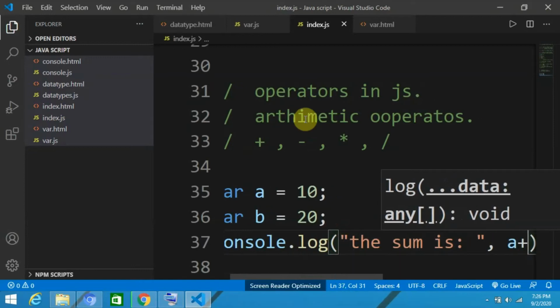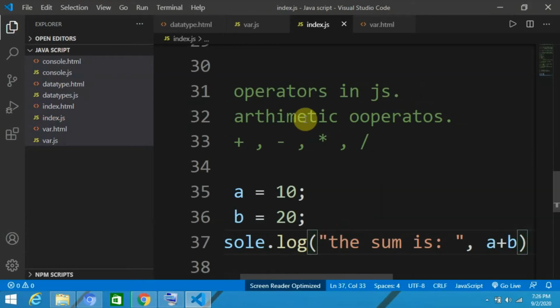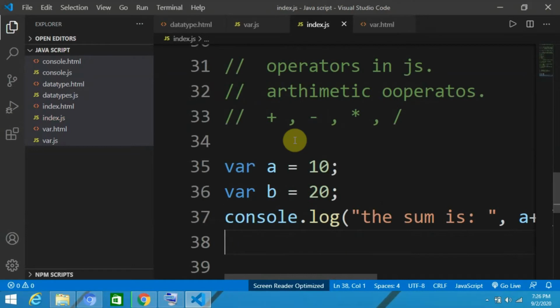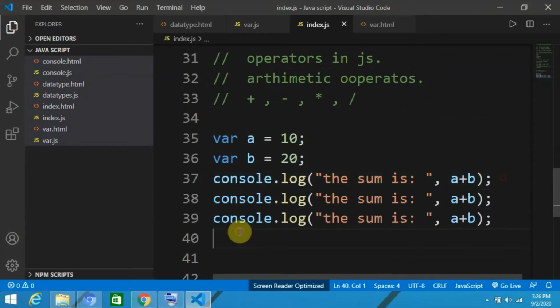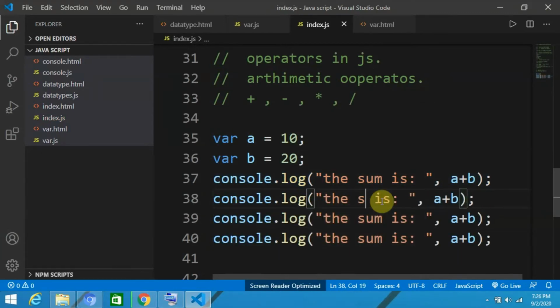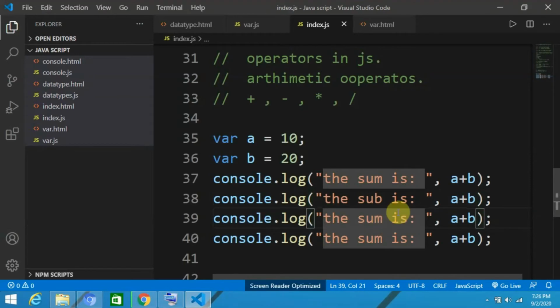Now a semicolon. I'm going to copy and paste it, so it will save us some time. Control V and Control V here. Now not sum, here will be subtract, and here we will use multiply, and here is divide.